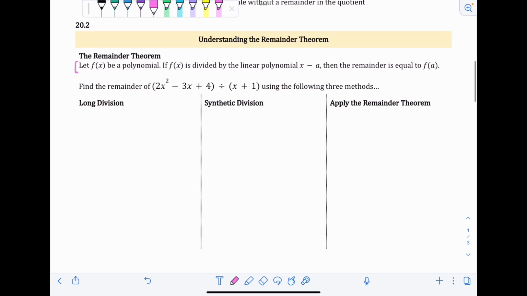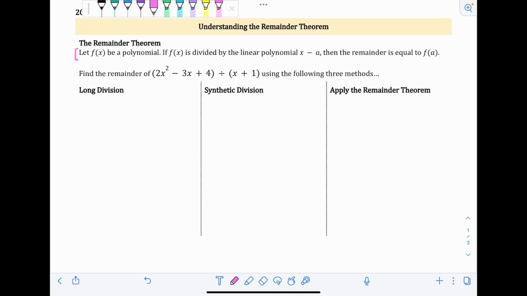three different ways to find the remainder. One is long division, one is synthetic division, and the last one is by applying the remainder theorem. We should get the same answer every single time, so keep that in mind. You'll have an option to use a certain way and then decide which one you feel